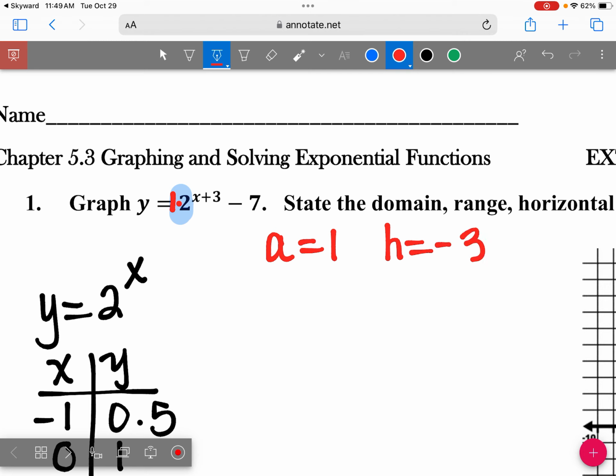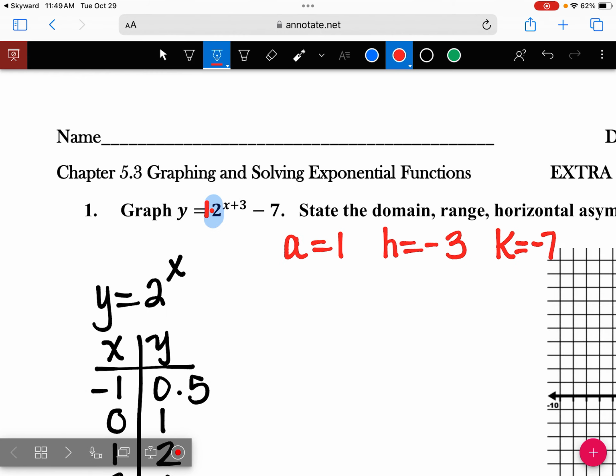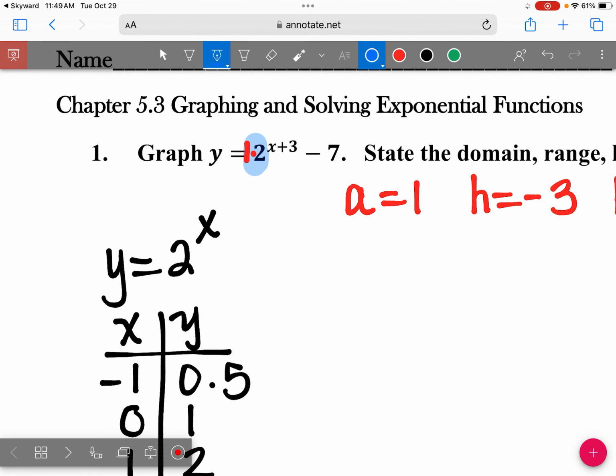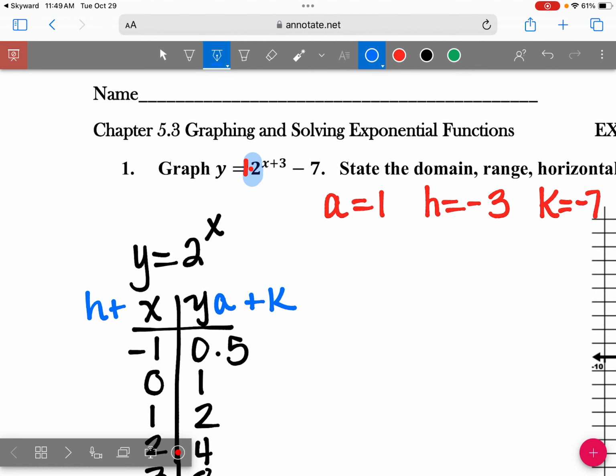-3. And then K would be what? Okay, so when you apply your transformations, it's always H plus X, always H plus X. And then you take your Y value, multiply it by A, and add K. So in this example, H is -3. So we're adding -3